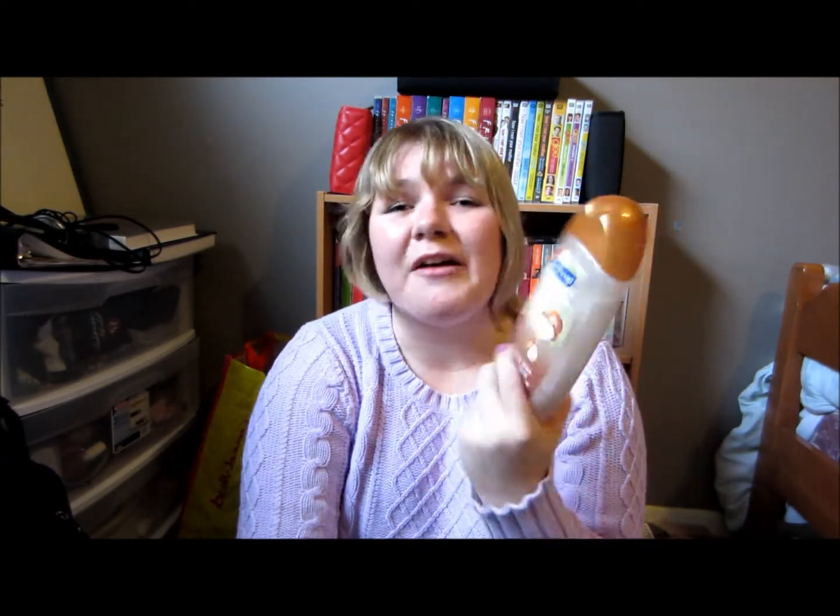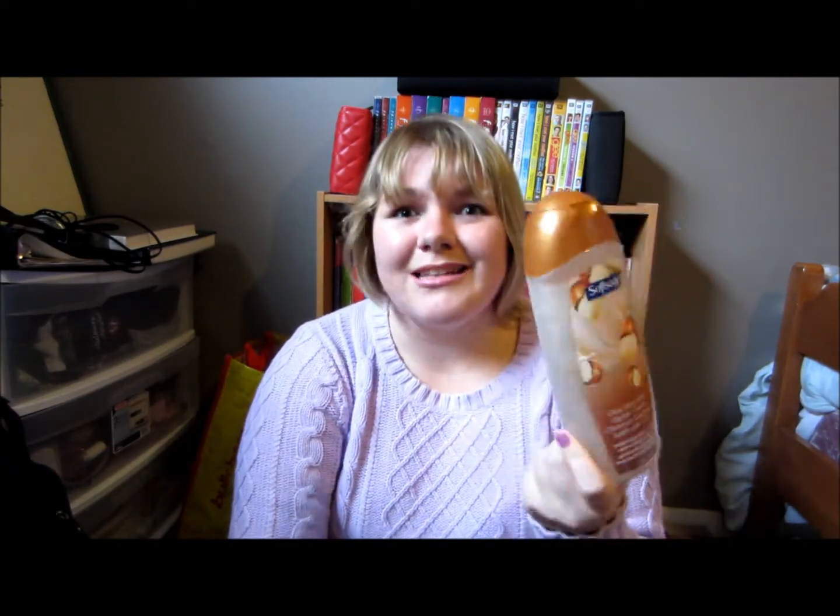And this one, I don't think I ever would have bought this one by itself, because I like the fruity smells, especially because I usually shower in the morning and they kind of help wake me up. But I was out of body wash and I was like, well, you bought this, so use it. And it is super